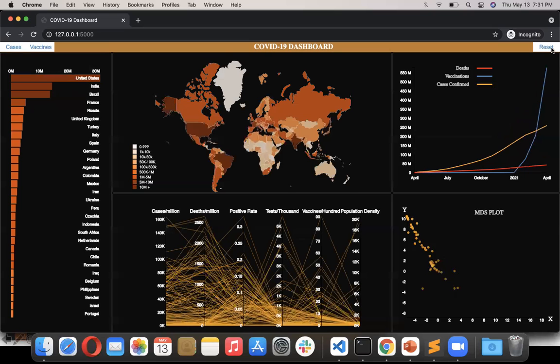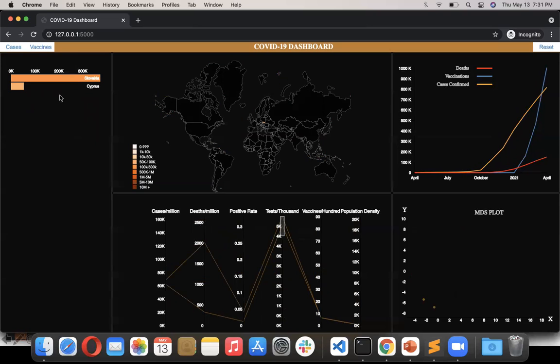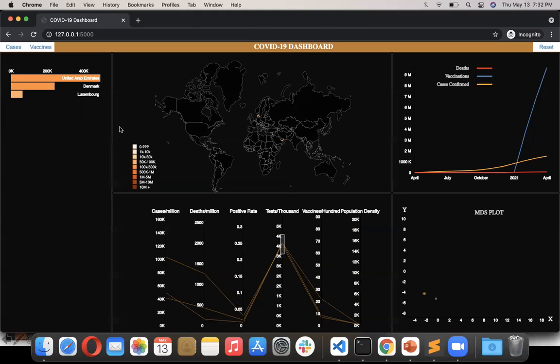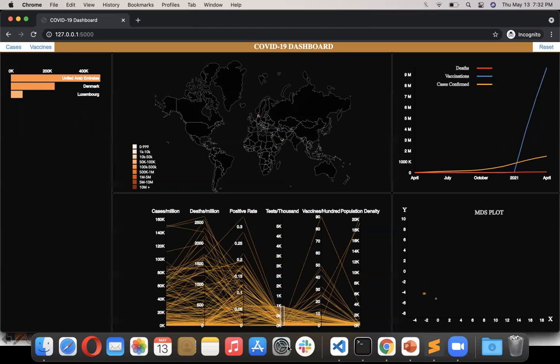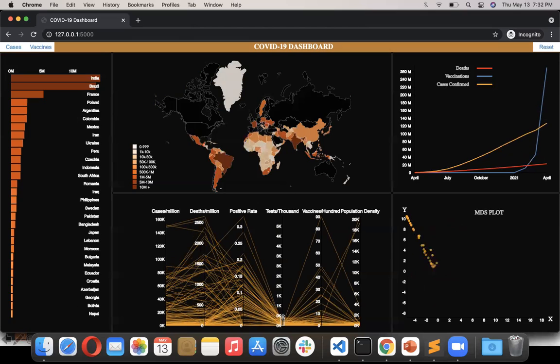Now let's analyze the tests per thousand ratio. Countries like Slovakia and Cyprus were able to conduct more tests, yet they were still not able to stop the spread of the pandemic. And now let's come to the next level of countries like United Arab Emirates and Luxembourg. They were conducting so many tests, they were able to flatten the pandemic. So if you see, countries which have the lowest test count are still having an increased number of cases in the spread of coronavirus.